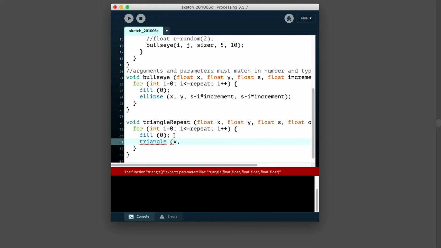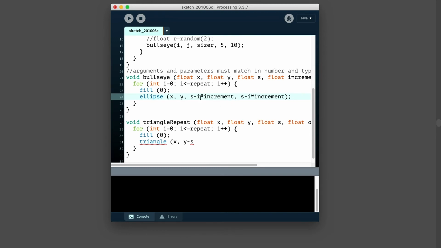So if we want to start from the center, we'll use x. That's like the center point. As far as the y value goes, we need this to be the center of the triangle. If we're thinking about a sort of symmetrical triangle, it needs to move upwards. So we actually need to subtract s, or the sizer, and we'll do a similar thing that we did here, plus